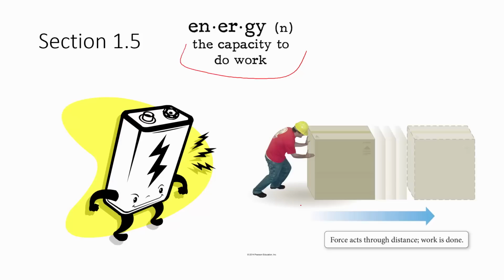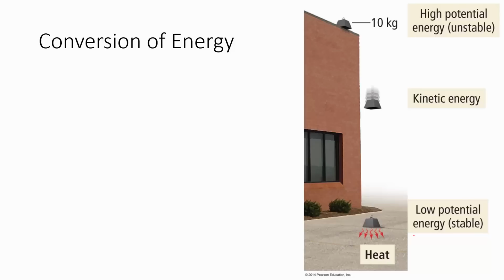So if this particular man here has energy, it means that he has the capacity to be able to do something that is work output. So what does that mean? Well, when force is applied and acts through a particular distance, so this person is putting force against this box, which moves at a certain distance, we can say that work has been done. Some sort of force has moved along a certain space, and that's what work is defined as. Work is force through distance.